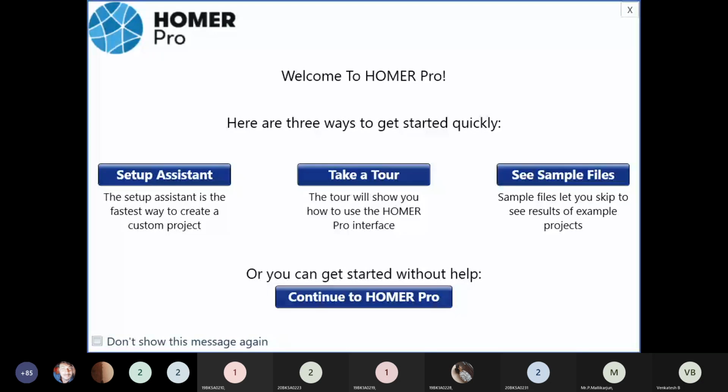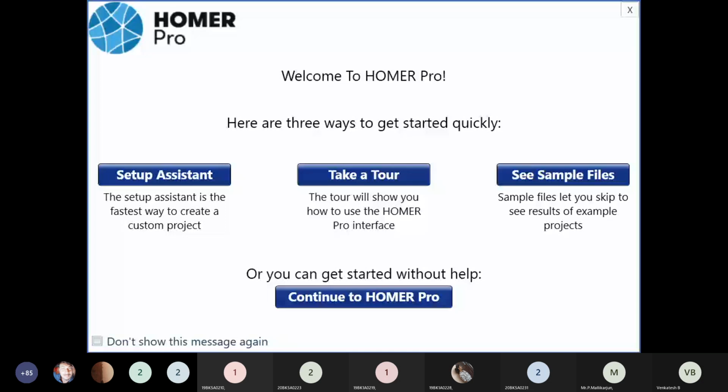Previously we discussed that your simulation consists of three layers: simulation, optimization, and uncertainty analysis. All three stages we discussed in the previous class, we are going to implement here with the help of Homer software.